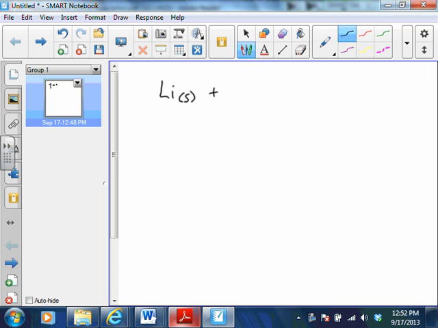So lithium plus calcium nitrate. What's calcium nitrate? CaNO3. Okay? And last year we looked at the activity series to decide, can lithium replace calcium? In other words, can it kick the calcium out and pair up with the nitrate, right? You guys remember that? And if you look at an activity series, it can, right? It's higher up on the activity series. So then you end up with lithium nitrate